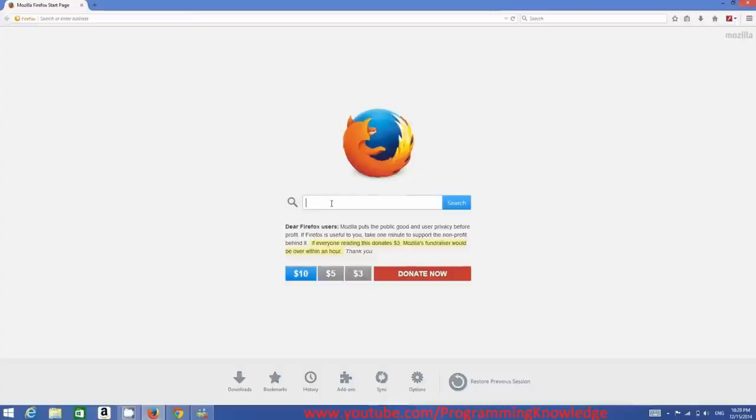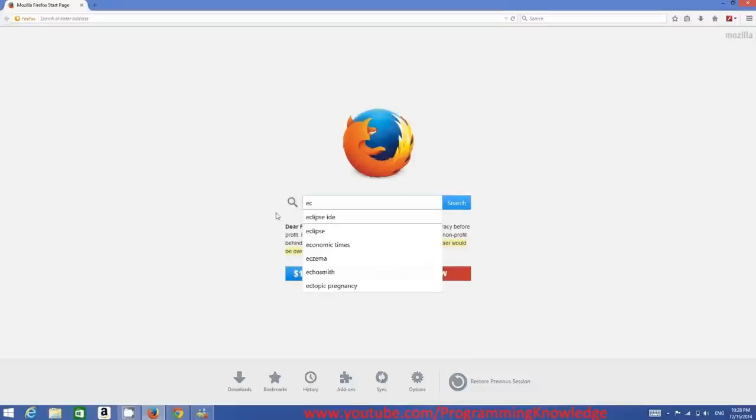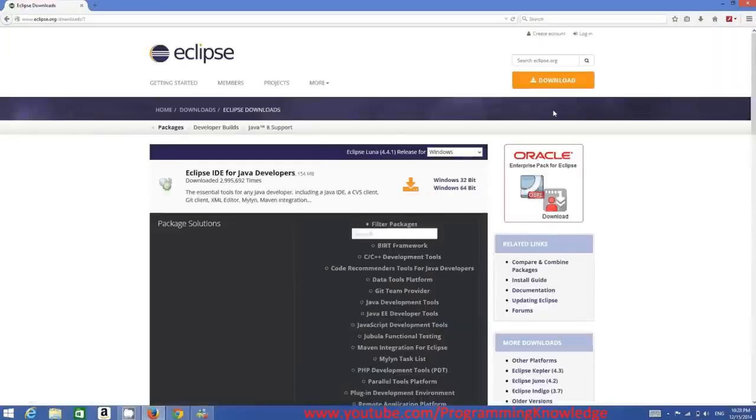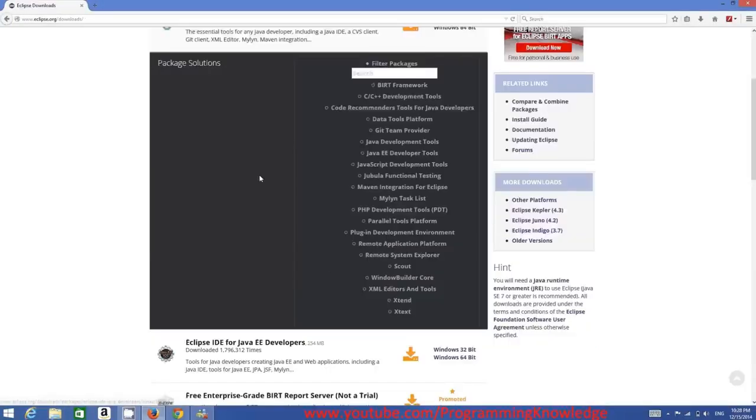So first of all, open your favorite browser and search for Eclipse IDE. And the first link that hopefully comes up is www.eclipse.org. Just click this link here. And in here you will be able to see this download button. Click this download button, and in here you will be able to see different